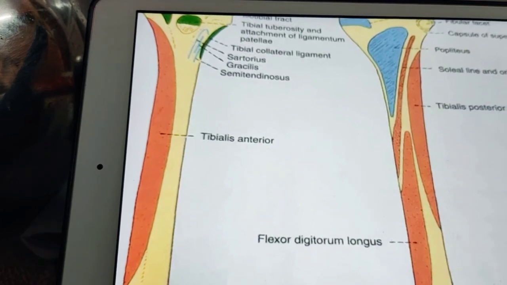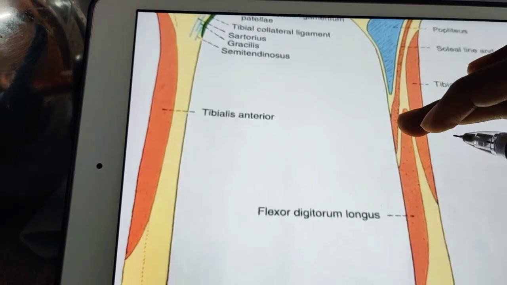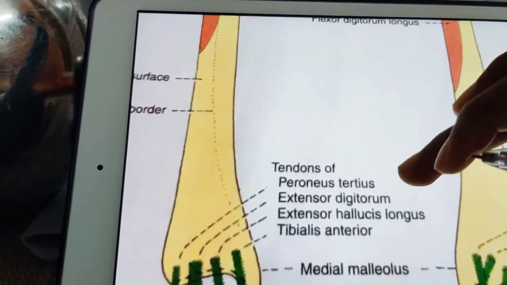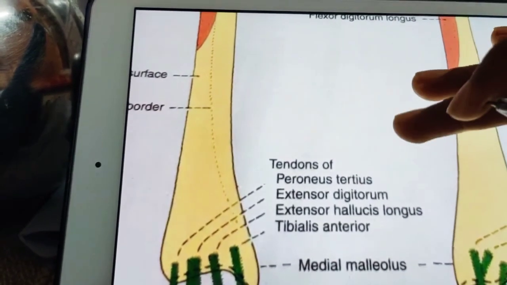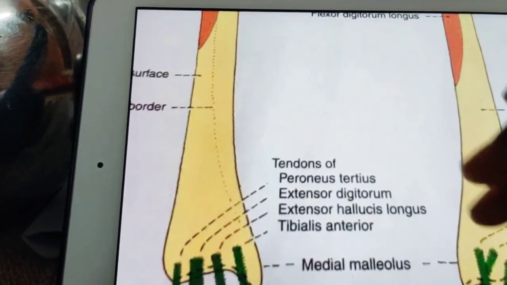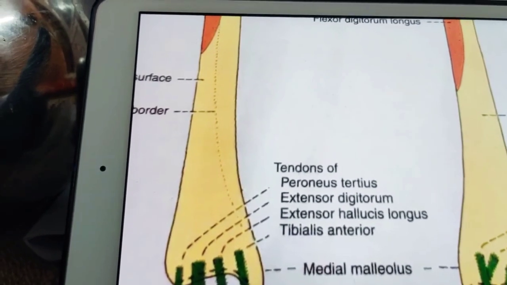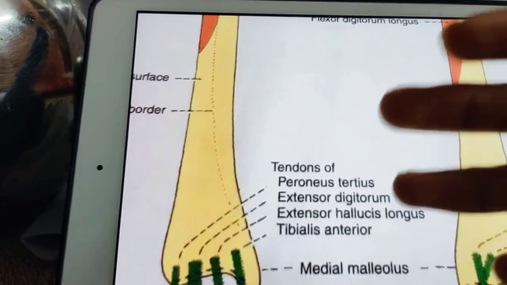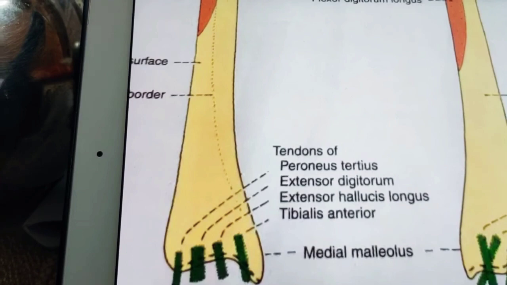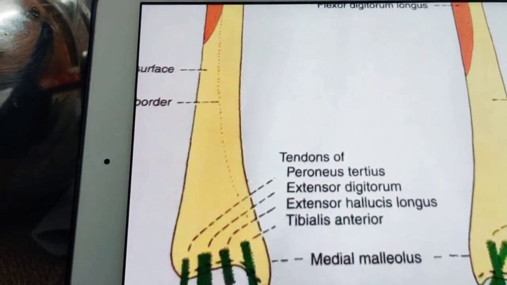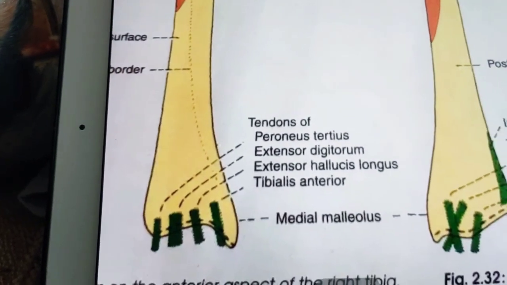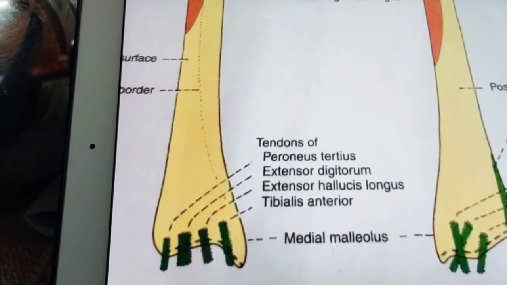Finally, the posterior margin of the lower end of the tibia shears off against the talus, and these stages are termed first, second, and third degrees of Pott's fracture. Forward dislocation of the tibia on the talus produces a characteristic prominence of the heel in this injury. This is a common type of fracture at the ankle. So this is all about clinical anatomy, ossification, blood supply, external attachments, and relations of the tibia, including muscle attachments and ligament attachments of the tibia.